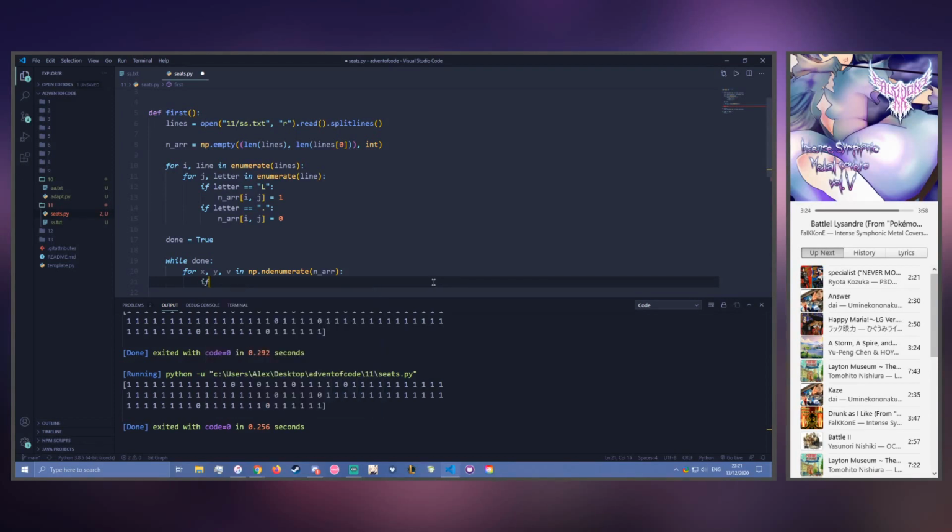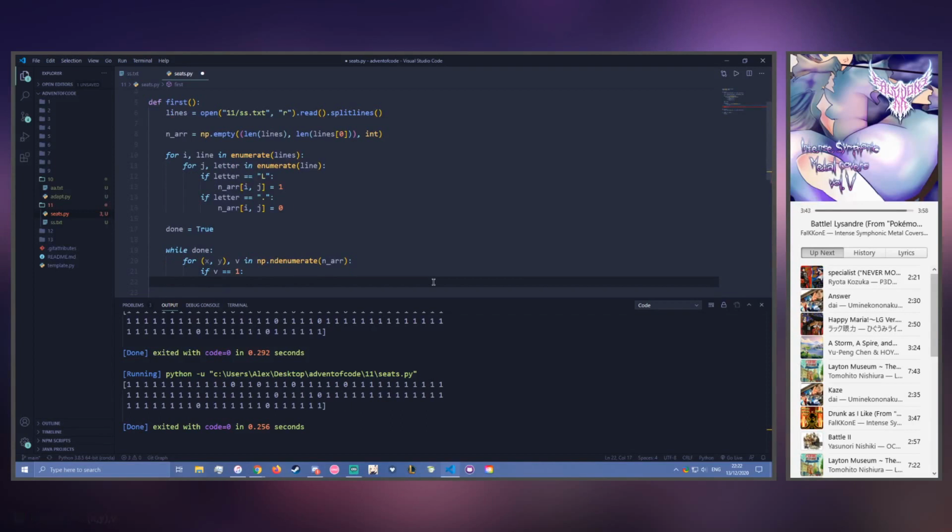So if v equals 1, do I have to do this? Okay, well, okay, well, if that is 1, then it's a seed, and then you just have to check if it's not occupied. So